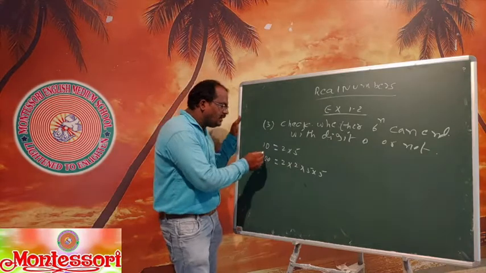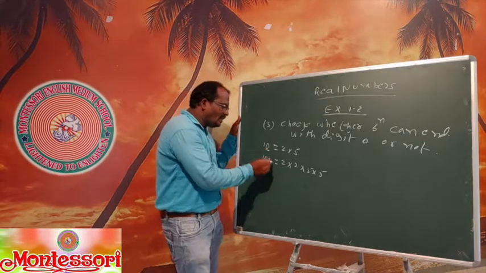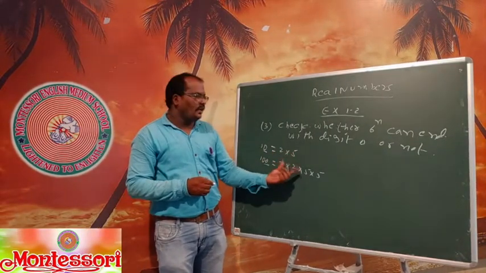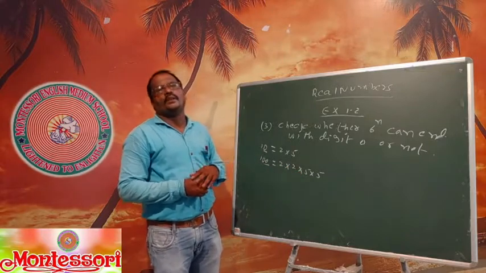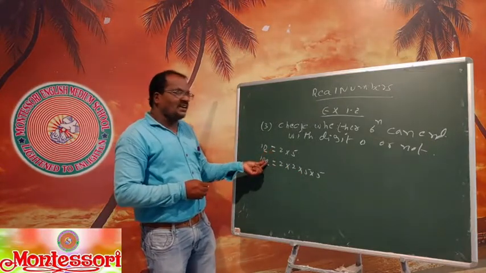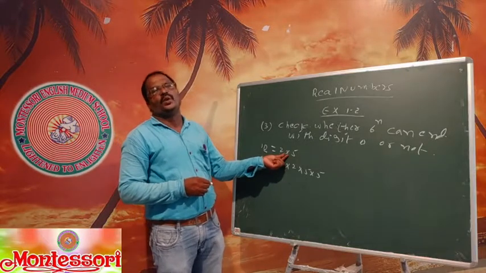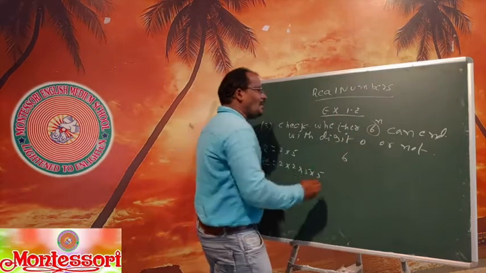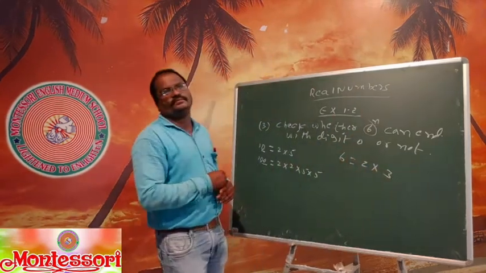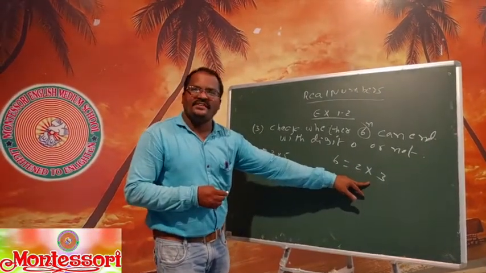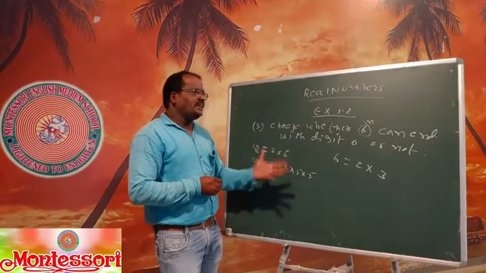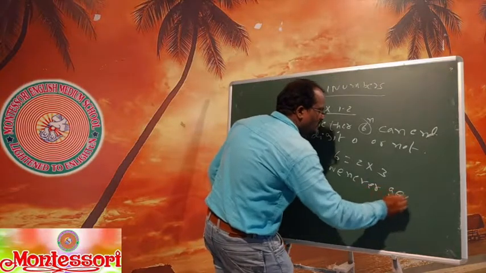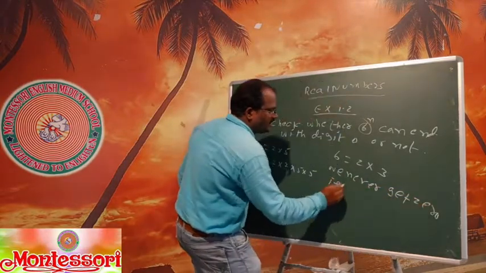What you are observing here is that whenever a number has the last digit 0, the only factors you get are 2 and 5. You are not getting other factors. Any number you observe, whenever it has last digit 0, has only the factors 2 and 5. But here, which number is given? 6. You write 6 as 2 into 3, but 5 is not there. If 5 were there, the last digit would be 0. So what is the answer? We never get 0 as the last digit.